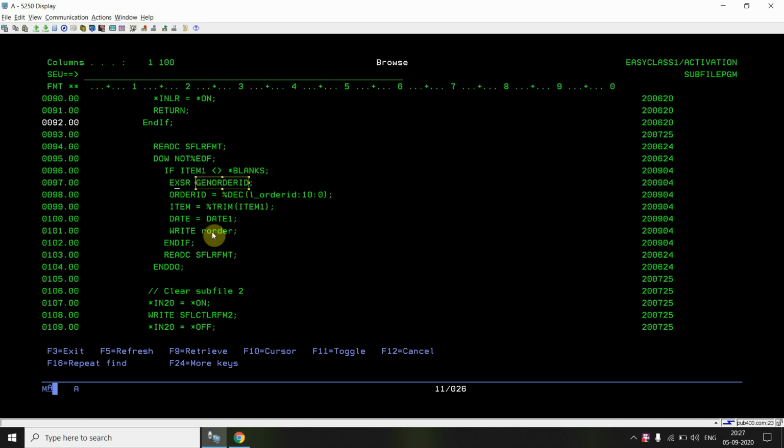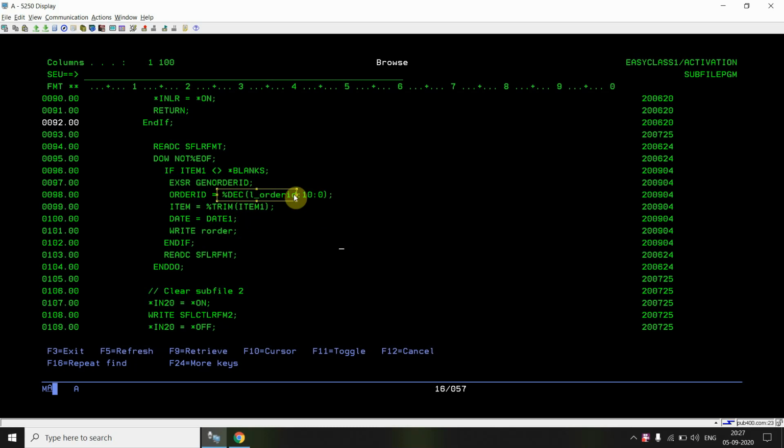This will generate an automatic order ID based upon the user requirement, and whatever order ID is received, which is in L_ORDERID, is in character. So I am converting that to decimal, because order ID is a 10P0 decimal field of 10 length, using the %DEC built-in function.